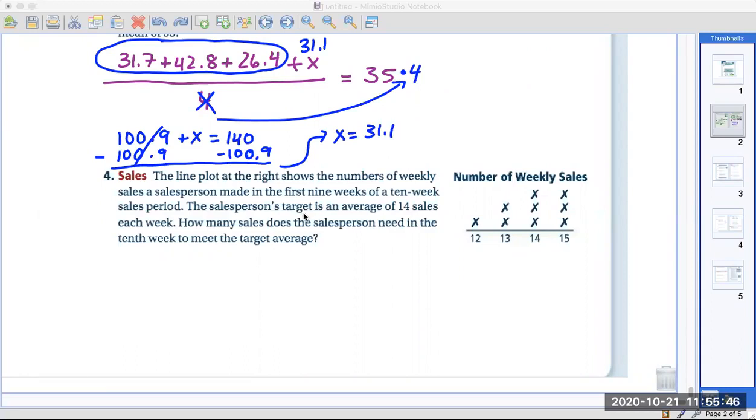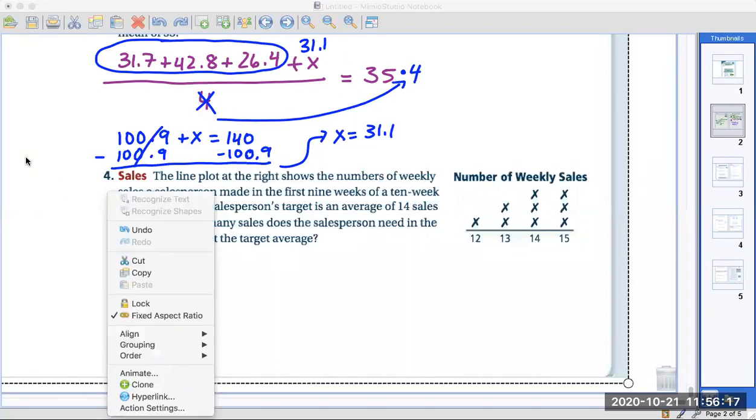Yeah, commission it's called. The salesperson's target is an average of 14 sales each week. So that's what he wants to do. If he sells 14 items each week, he's able to make a living. He will earn enough money on commission to make his payments for the car, for the house, for the family, whatever he has, right? How many sales does the salesperson need in the 10th week to meet that goal, that